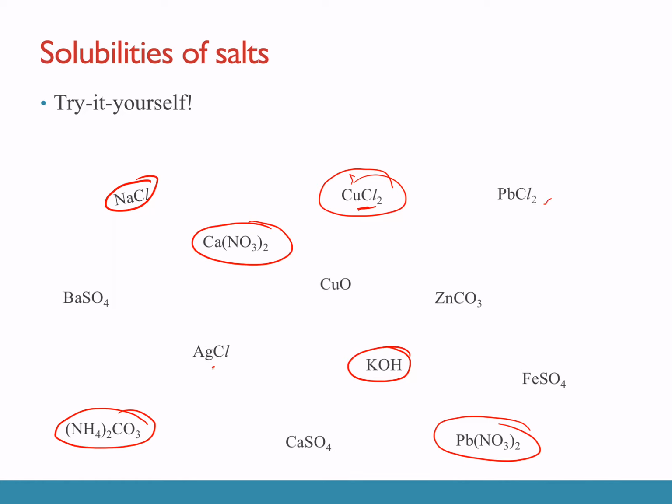Now let's look at the sulfates. Only barium sulfate, calcium sulfate, and lead sulfate are insoluble. So barium is insoluble, calcium is insoluble, but since this is not barium, not calcium, not lead, iron 2 sulfate will be soluble. Now, we are left with your oxides and carbonates. They are generally insoluble except for group 1 and ammonium. Since they are not group 1, not ammonium, these two are also insoluble. So this will be your final answer: 1, 2, 3, 4, 5, 6, 7 soluble salts here.